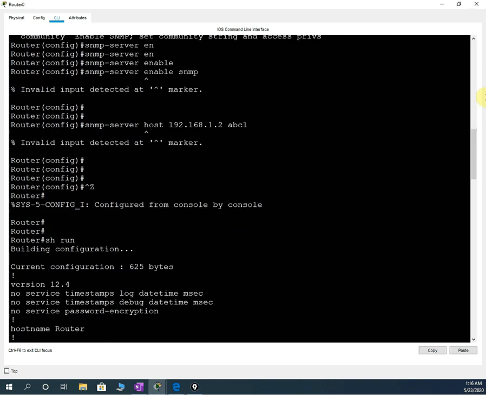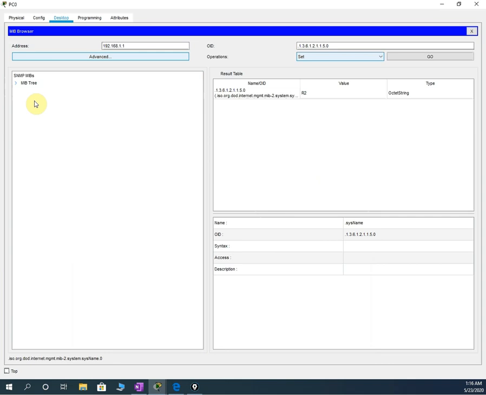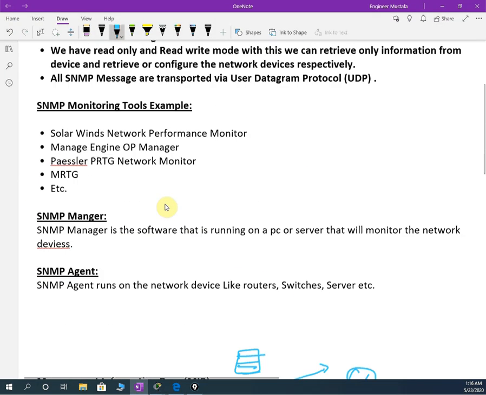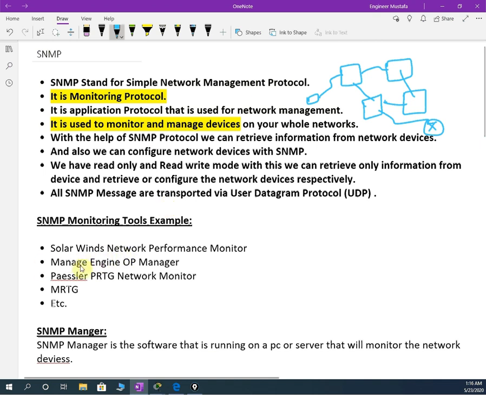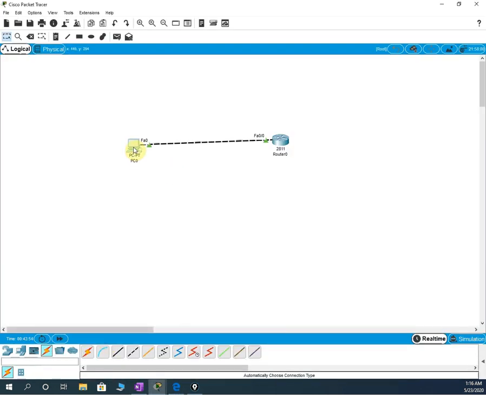After finishing this, you will go to the software your company is using for network management. We have many, for example SolarWinds, ManageEngine, MRTG, whatever software you have. You install it on a computer, which we call the network management system, NMS, or network management terminal, NMT.